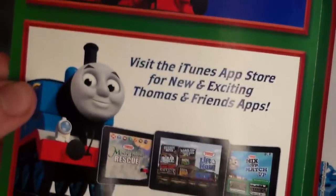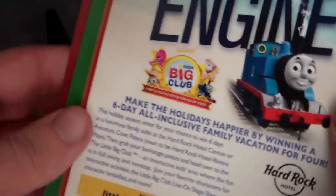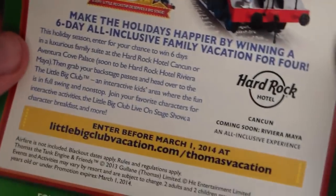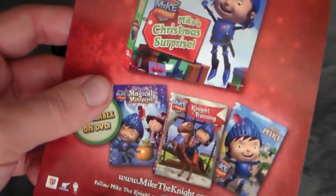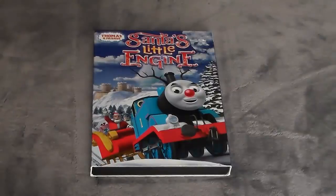Keep digging inside. Some advertisements for Thomas & Friends social media and apps, and some books, but nobody reads books anymore. And on the back, another advertisement for Thomas the Tank Engine, being in the Little Big Club at the Hard Rock Hotel. And you have an advertisement behind that for Mike the Knight. And there's nothing on the back, it's just white. But Mike the Knight. Hey, Mike. Mike 123. I had no idea you were a knight, man. How's that show doing? Oh, it's canceled? Sorry. So that's the close-up on